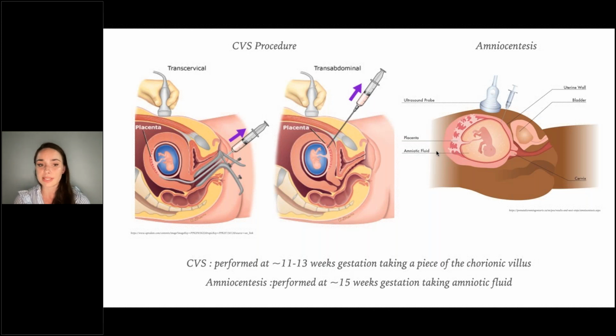A piece of the placenta is taken before the placenta is fully formed, which is the chorionic villus. This procedure takes place at about 11 to 13 weeks in gestation, and it is able to test for the DMD gene changes that may be present in your family, because the placenta actually comes from the same cell line as the embryo or fetus does too. Therefore, we would see the DMD change in the chorionic villus,